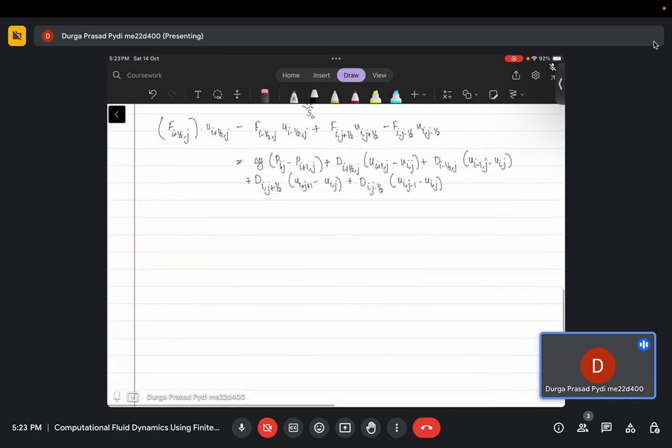Now the question is how these values are calculated. F_i is straightforward to calculate. F_{i+1/2,j}, or in general any value, can be calculated since you have some rho times u at that particular i plus half, j. Since it is a horizontal one, you have a delta y. This is straightforward because your u is stored at the face centers, so you can calculate these F's. The problem comes with the D, where, say, if you want to calculate D_{i+1/2,j},